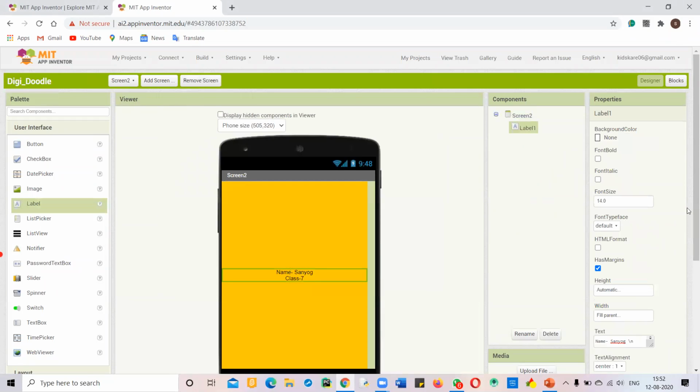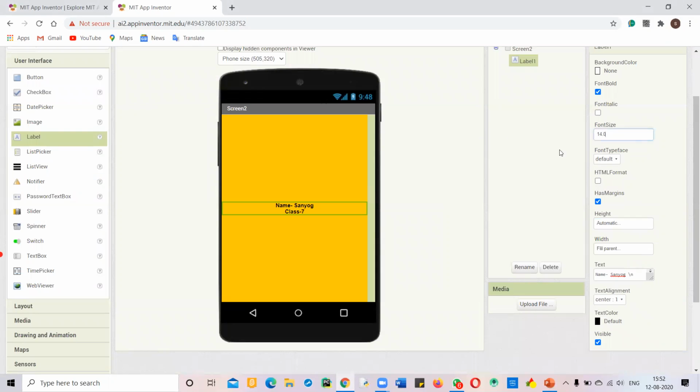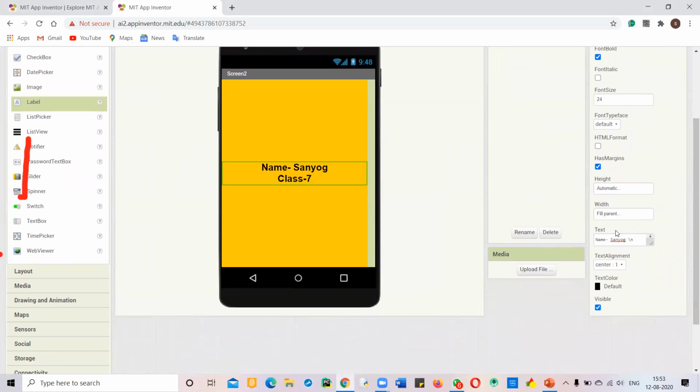Okay, so yeah. In this label, you can do quickly font bold, font size 24, width as fill parent, and now you have to write all your information, and the format for that I will tell you. First you will write the name. See here, this thing you have to see here. Okay, so now you have to write name.